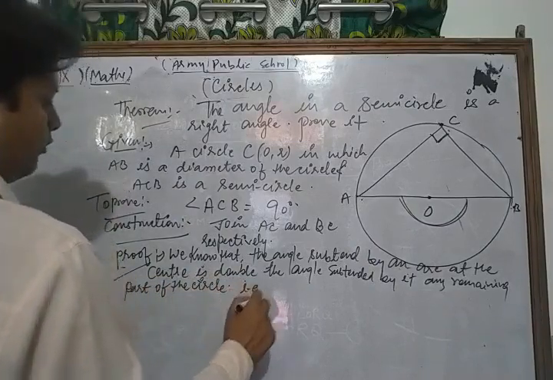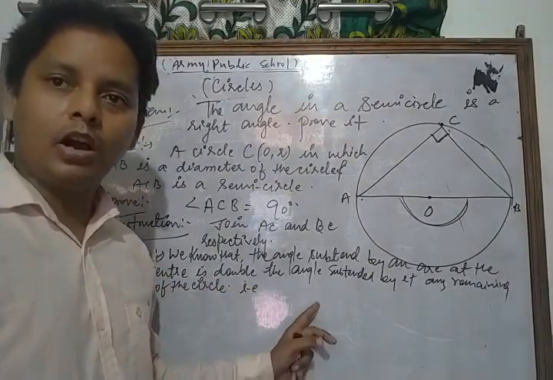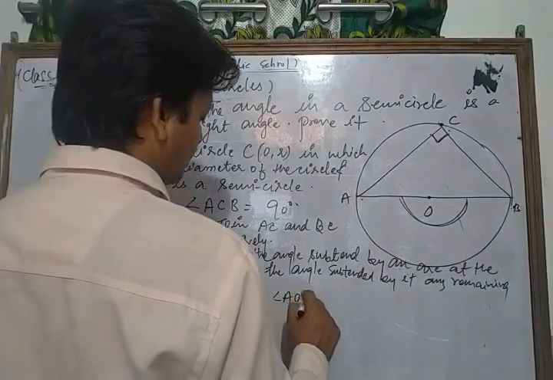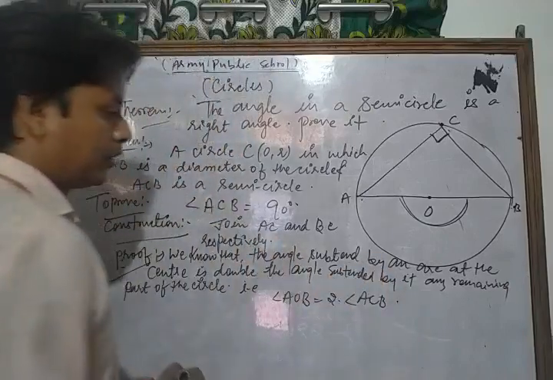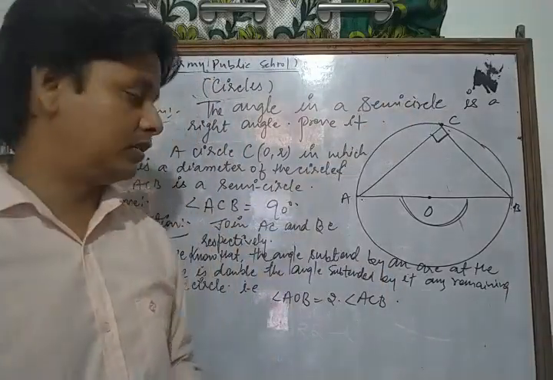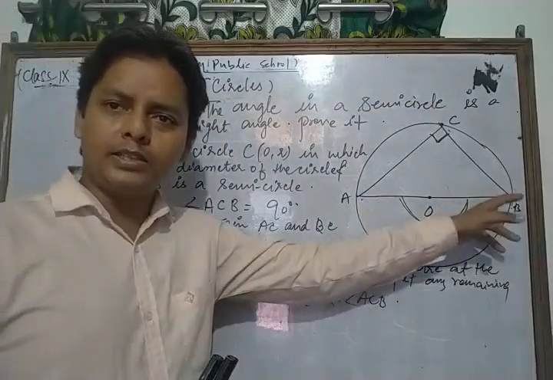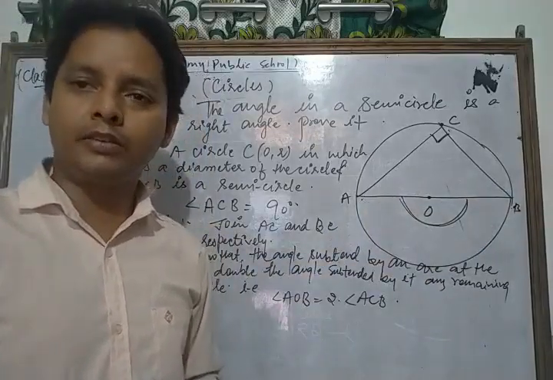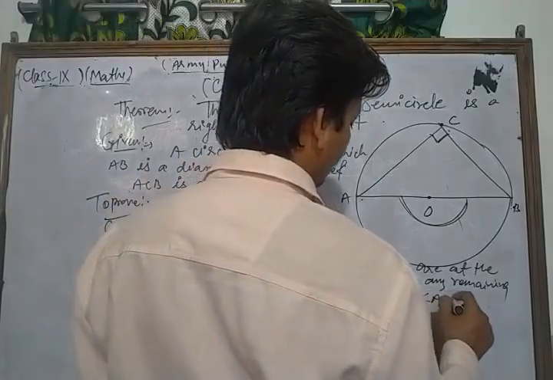That is, first of all, in proving that theorem, you write this sentence. After that you write your result. That is, angle AOB is equal to 2 times angle ACB, because C is any point on the remaining part of the circle. Now from the figure it is clear that AOB is a diameter and this is a straight angle, and you know that a straight angle is always equal to 180. So from the figure it is clear that angle AOB is what?